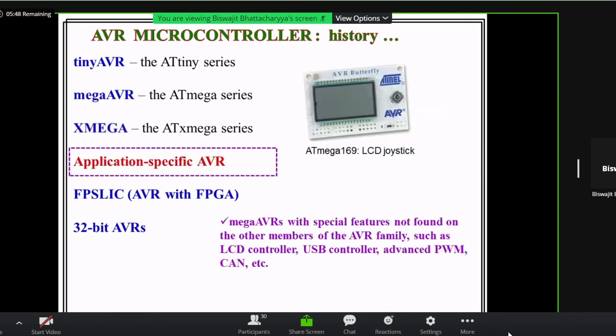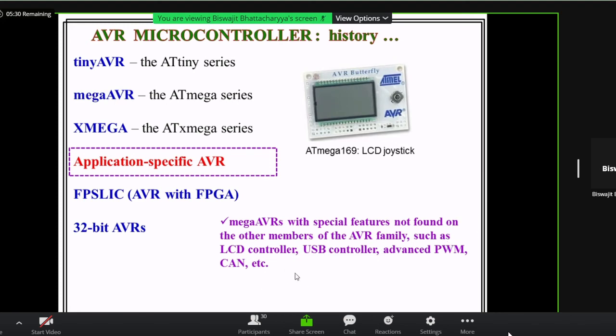Then application specific AVR, like LCD, joystick, where one AVR microcontroller is used in some dedicated application. There are LCD controller, USB controller, advanced PWM controller, CAN controller.